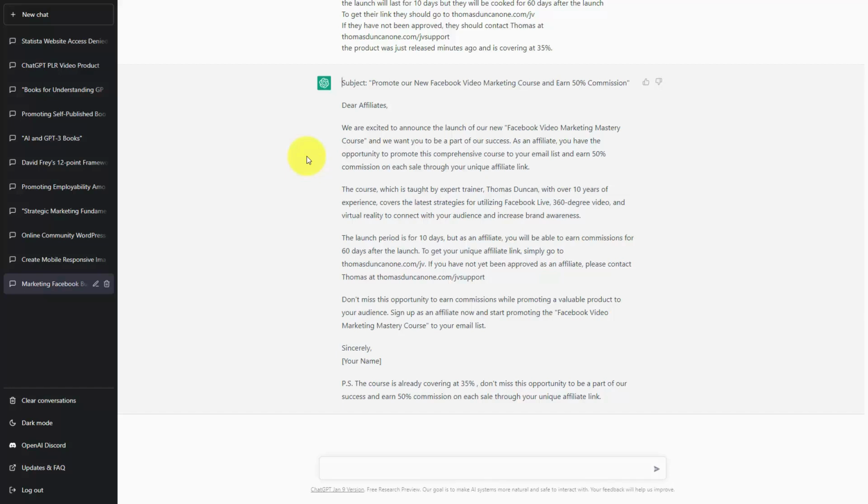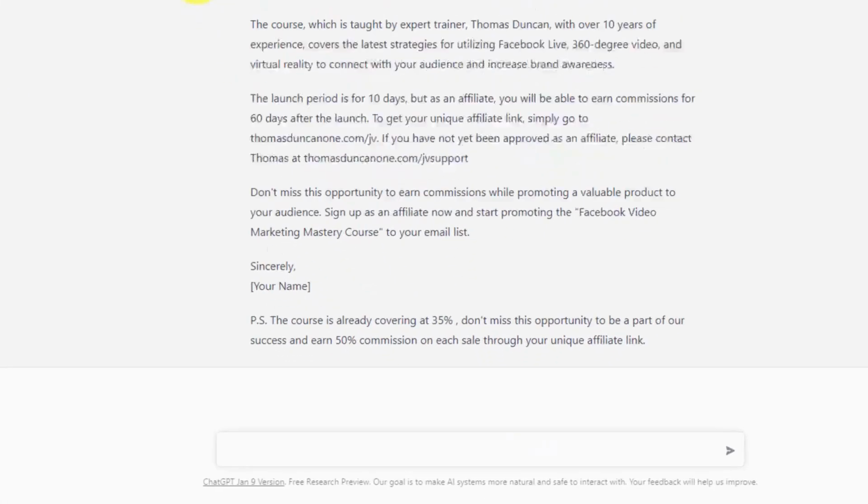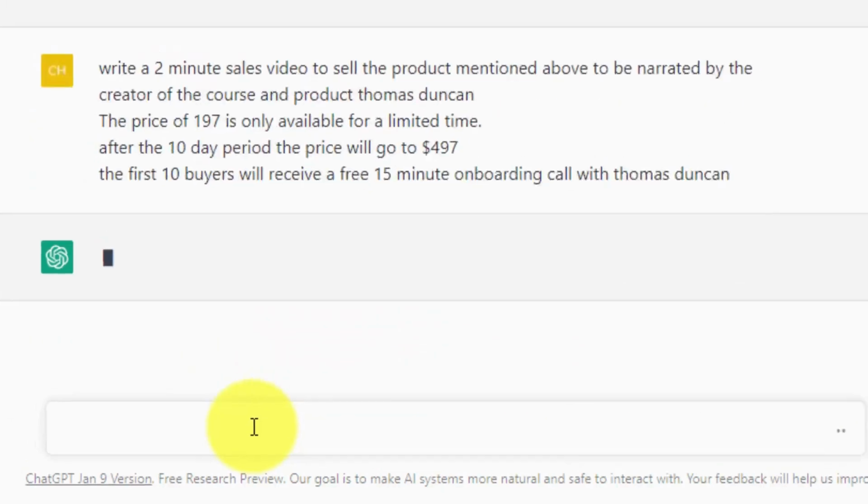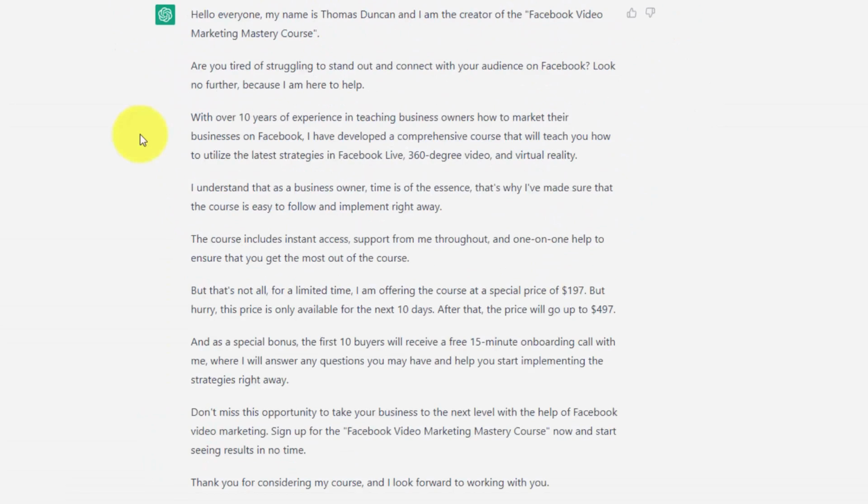And so to do that, we're going to give the chatbot a prompt, and we're going to write the information in here. Once we've written in our detailed prompt, we're now going to click enter. Now we're going to ask ChatGPT to rewrite the script. We're going to ask the chatbot to write it in bullet point fashion,